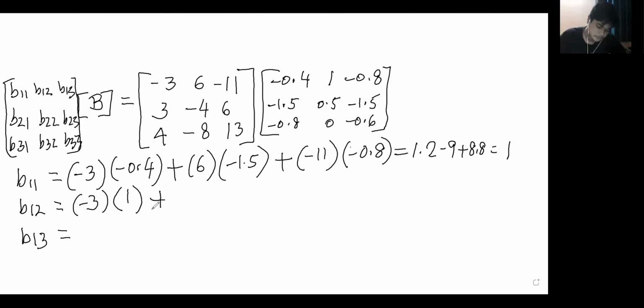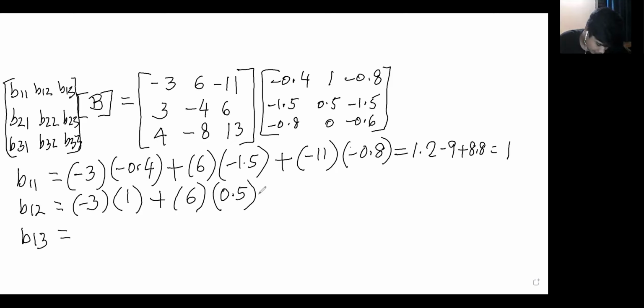Minus 3 into 0.5. No, 6 into 0.5. How many options do you want? You get confused. That is why I told you this is a new method of multiplying, so you have to learn by practicing. I told you, but you have not done it for the last 3 days.